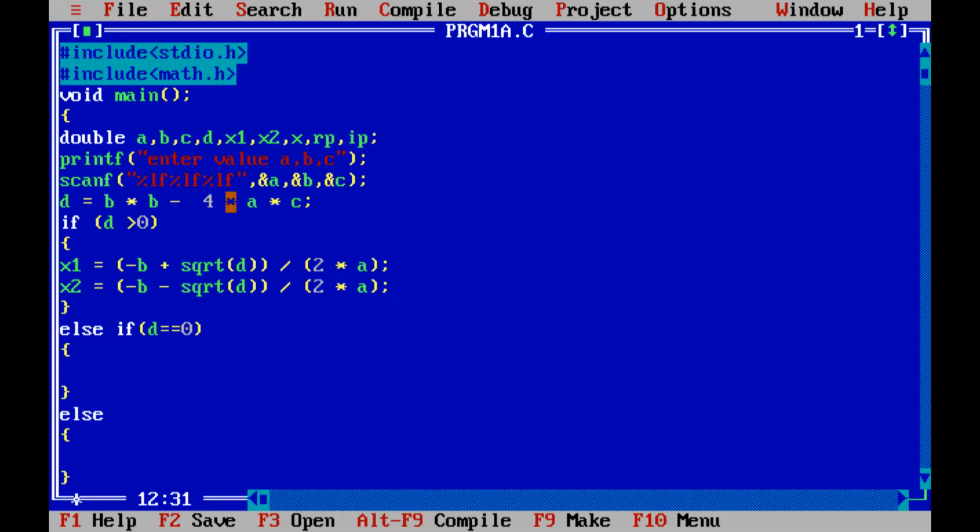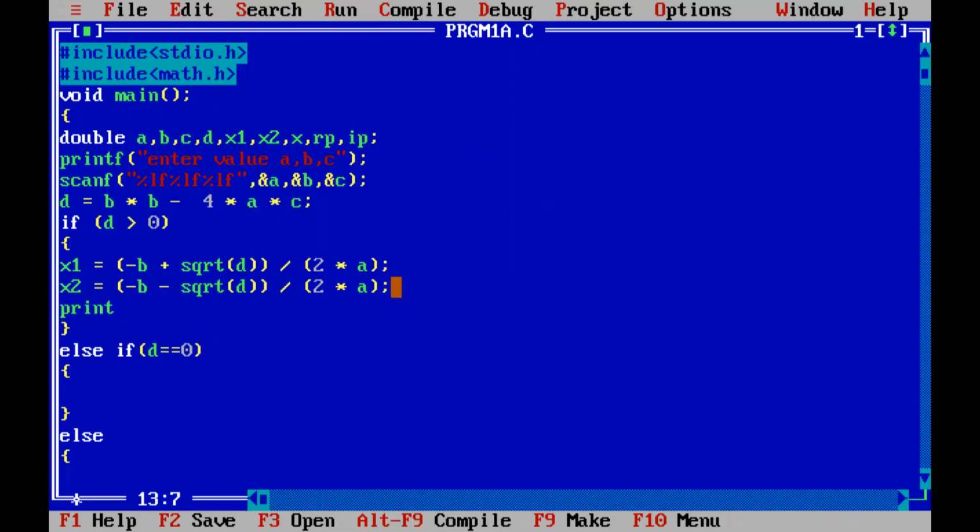So we calculated both the root values when d is greater than 0. We are checking whether d is greater than 0. In that case, there are 2 root values. Now what do we have to do? What is the next step given in the algorithm? After calculating, you have to print. You just see how it is being typed and you do the same thing at home. Okay. Print the 2 x values now. If you want to give one sentence, you can give.